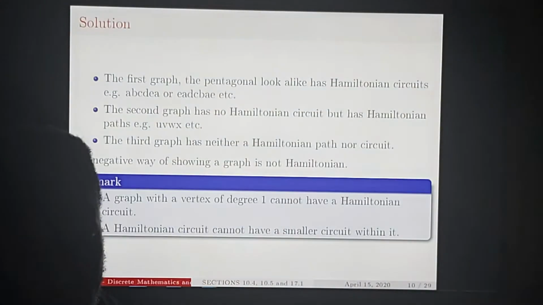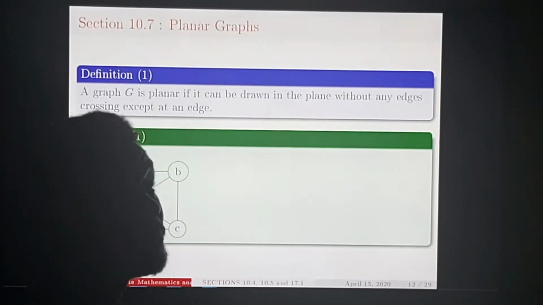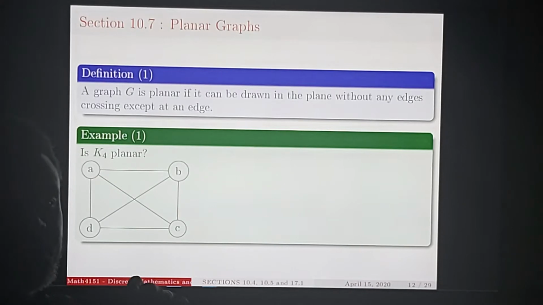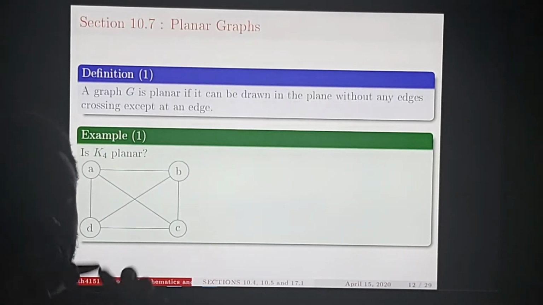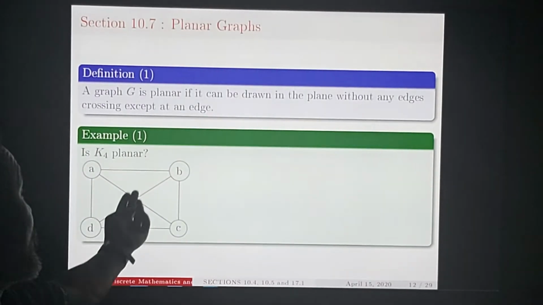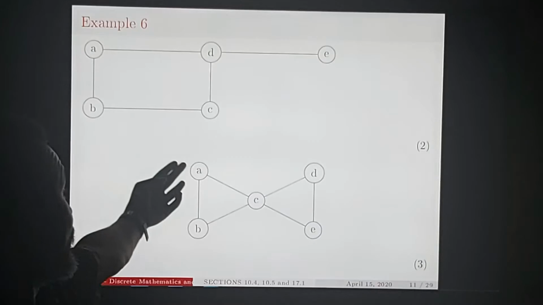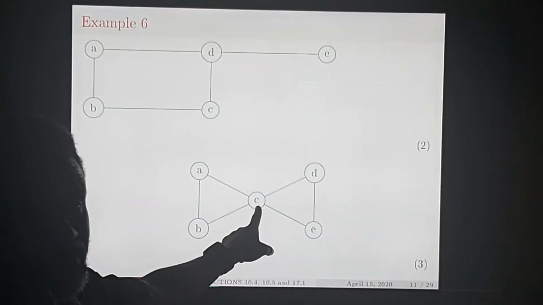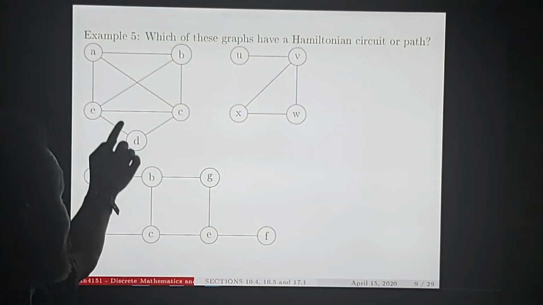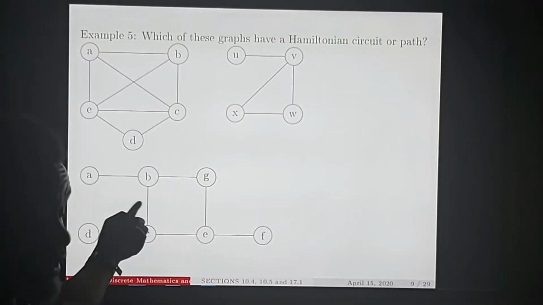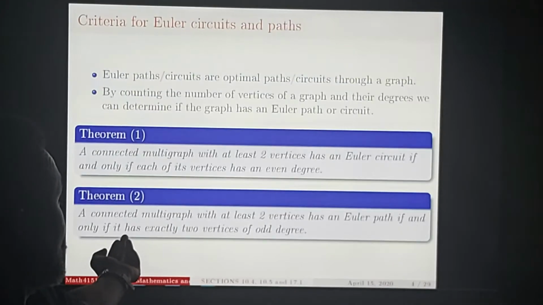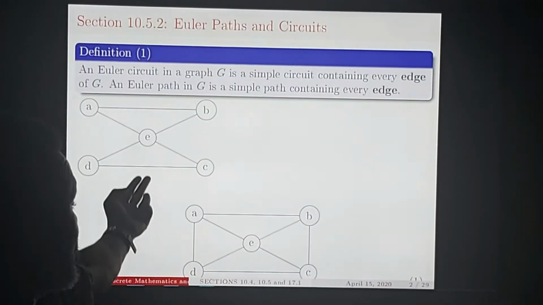Anyway, straight away we go to section 10.7, which talks about what we call planar graphs. A planar graph is about the fact that when you draw graphs, you may have edges crossing. You may have edges crossing at vertices or not, like this graph here. Many of the graphs you've seen, look at this, they are crossing at a vertex. In other cases, they do cross, but maybe not at vertices. This one is crossing at no vertex. If you look at previous graphs, for these ones we don't have any. Yeah, here they cross at a vertex.